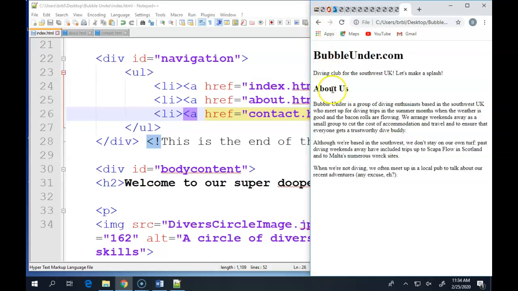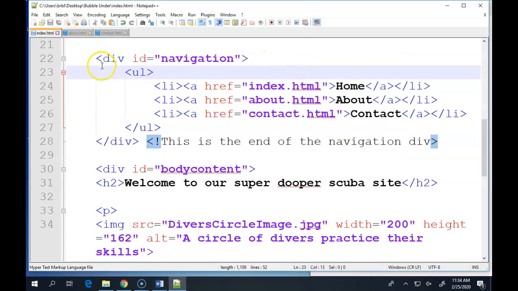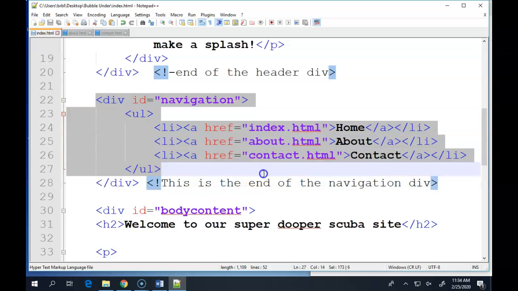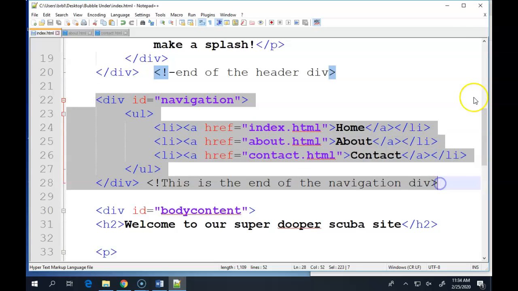The back button isn't going to get me there. I need to add this navigation to all of my pages. That is going to all of them. That makes sense. So go back to your index code, and this entire div or container of navigation stuff, highlight all of that. So from the opening div of navigation down to the closing div and the explanation comment that you wrote, copy that,